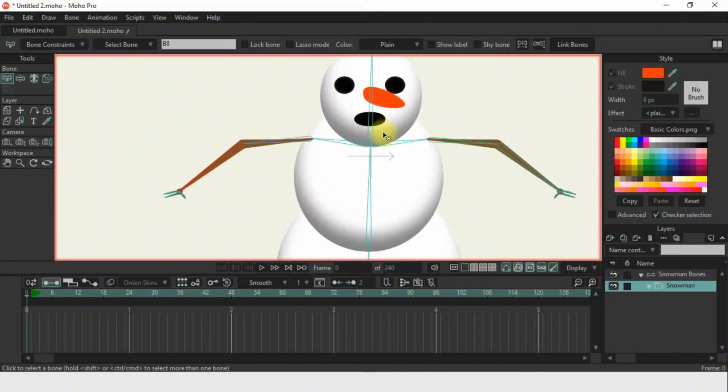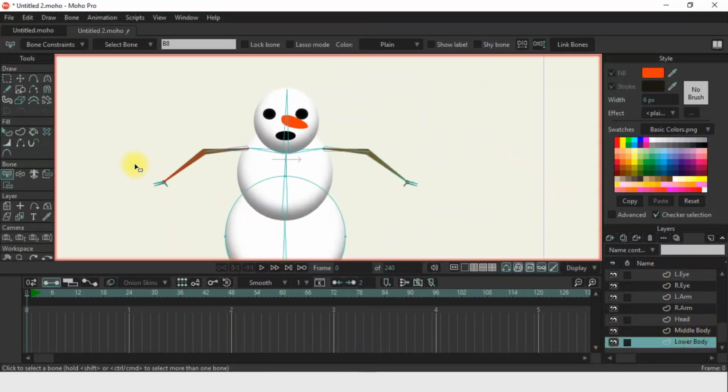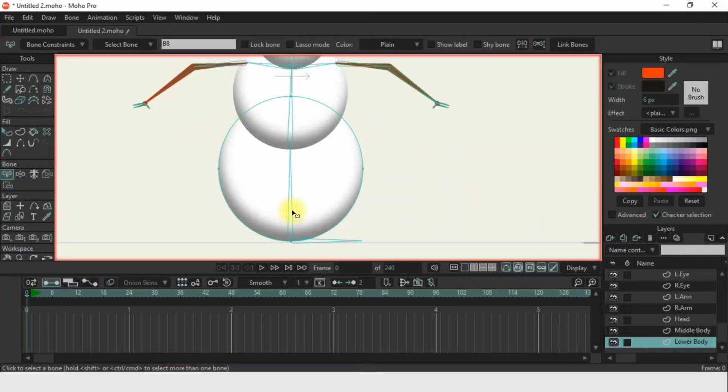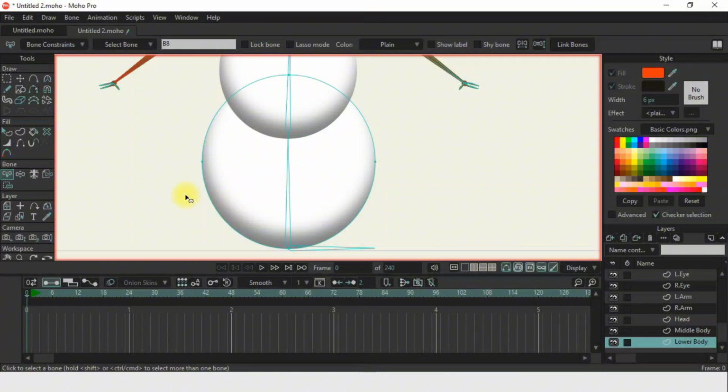What you're gonna want to do now is go to the lower body, and here under the bone section you see this select bone and manipulate bones. These tools, you're gonna go to bind points. You're gonna use that. Alright, so let's get started. You select this bone and you're gonna bind this bone to the lower body. So you select all points,